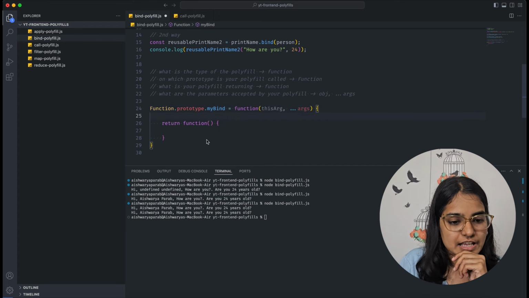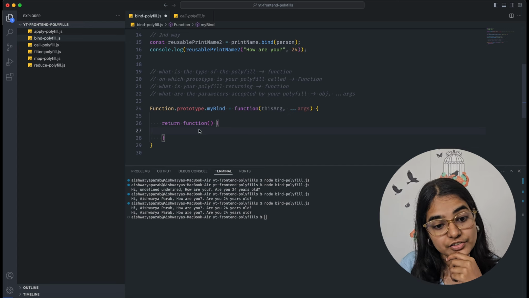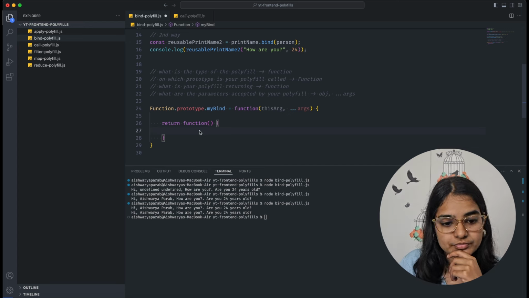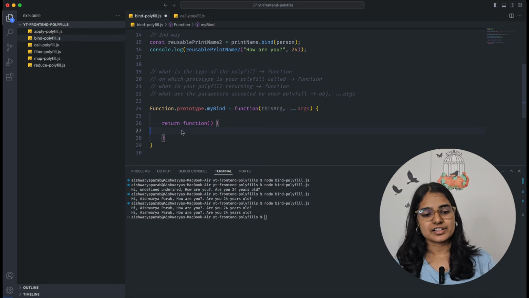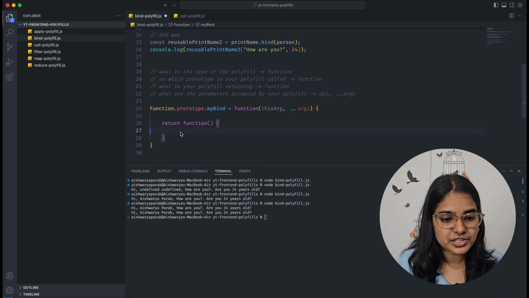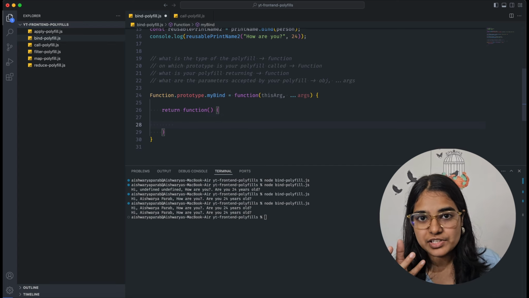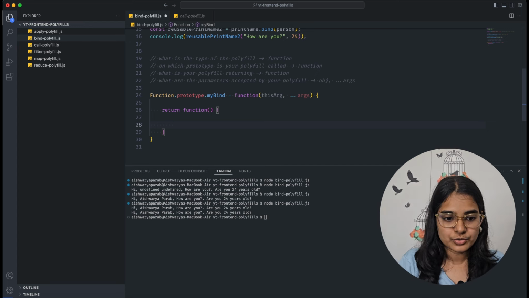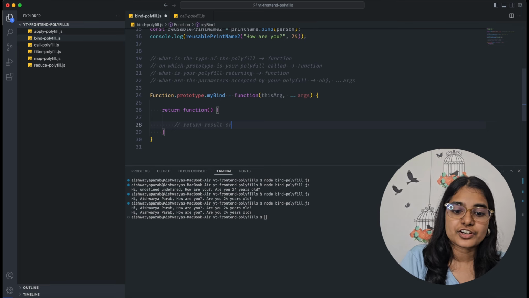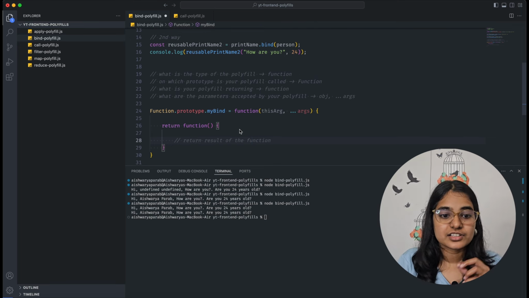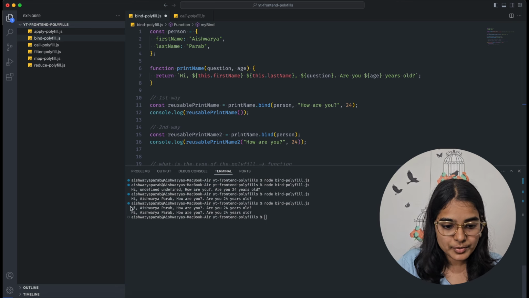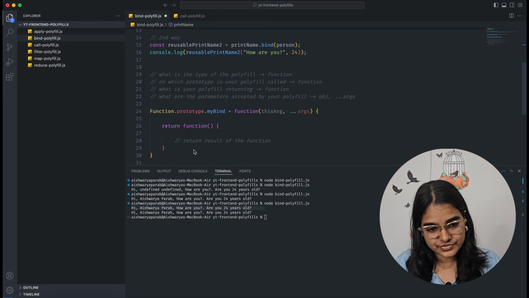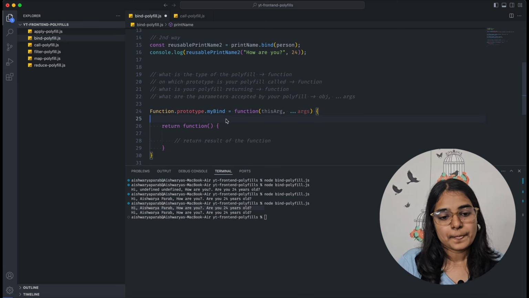So now I know that my bind function will return a function. Ultimately, I'm returning this, and then further this is called, and here I will have to return the result. There is some result, right? That result will be returned here. In our last video also we returned a result, so I know that here I need to return the result of the function. Ultimately what am I getting? I'm getting the result of the function, this. So this needs to be returned here inside this function, inside this closure.